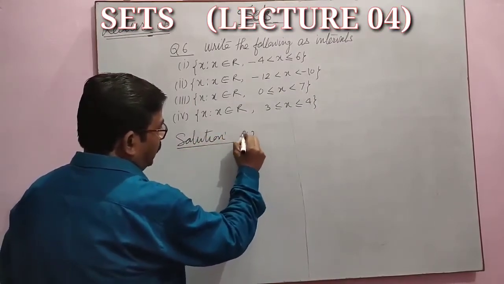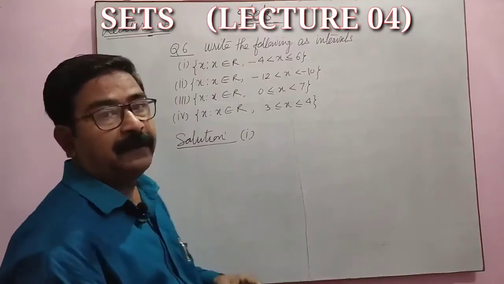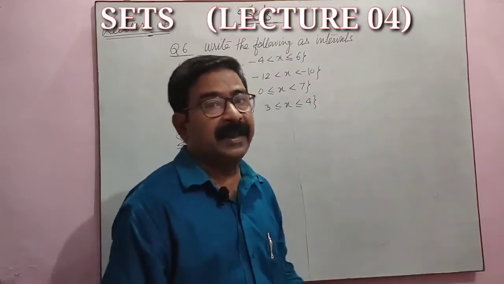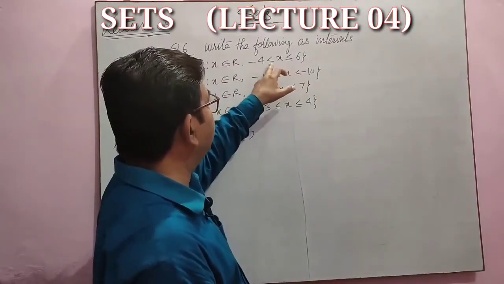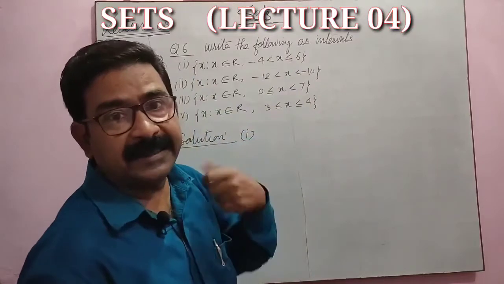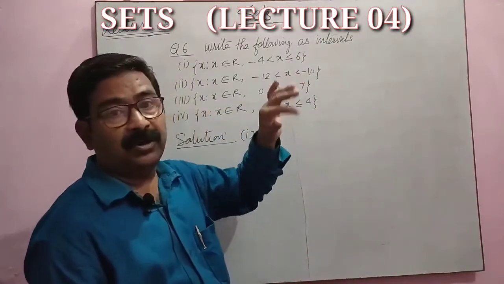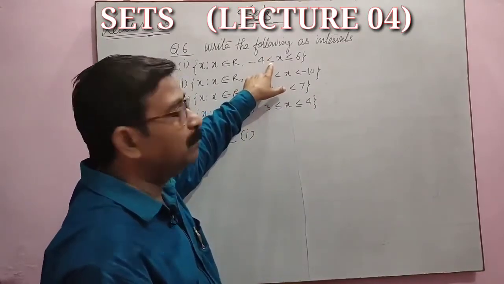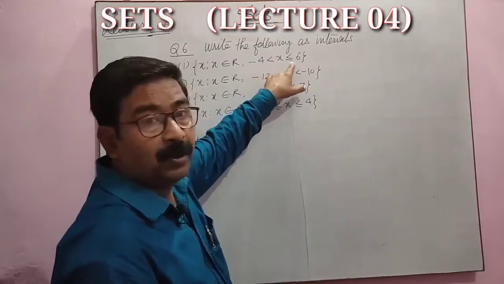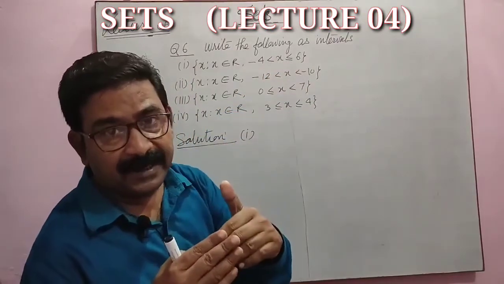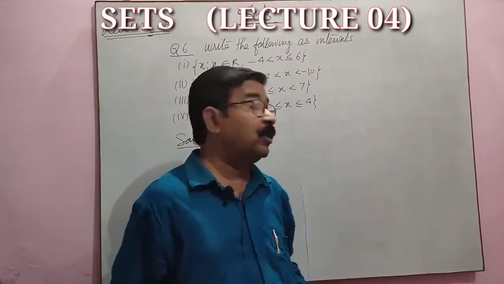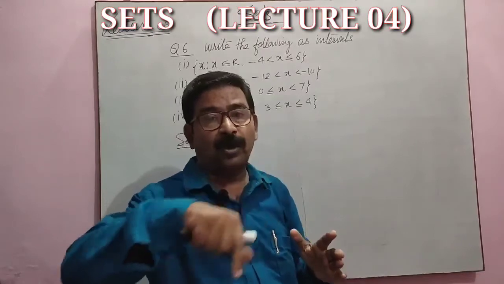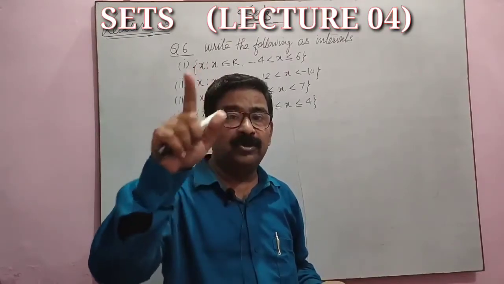Solution. As I told, we have two types of inequality: slack inequality, where we have only the less or more symbol, and strict inequality, where we have less or equal, more or equal. Is it? So the less symbol means open, and less or equal means closed. When an equal sign is added to the symbol, that means a closed interval. See, in an open interval we use a small bracket, and in a closed interval we use a square bracket.